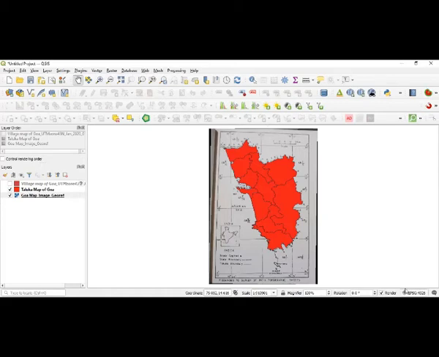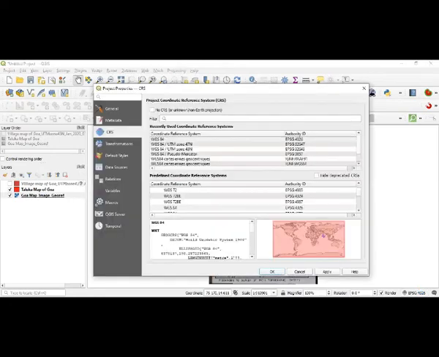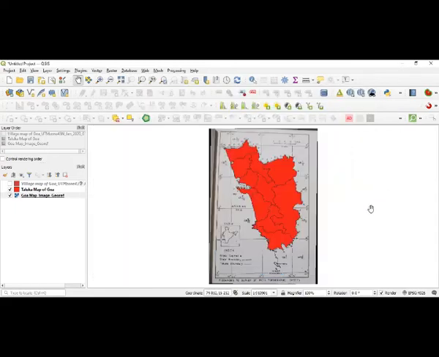Now, apart from that, render is there. Then what I told you, that projection changing in the project properties, that can also be done from this one, EPSG:4326. In the extreme southeast corner of the screen, you can see that there is something, EPSG:4326. If you press there, again the project properties box opens. There also you can change the map projection and you can get the measurements. Okay, so this is one thing.